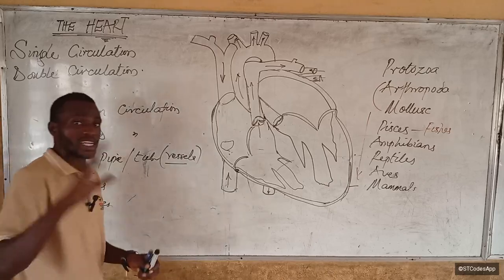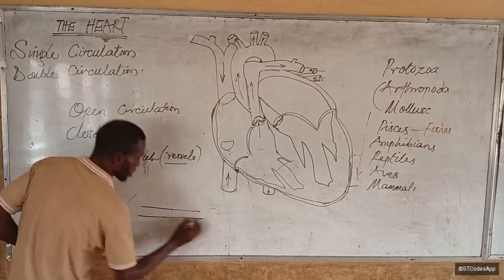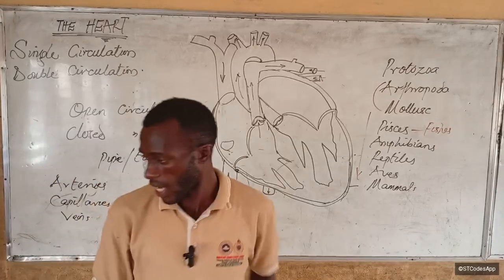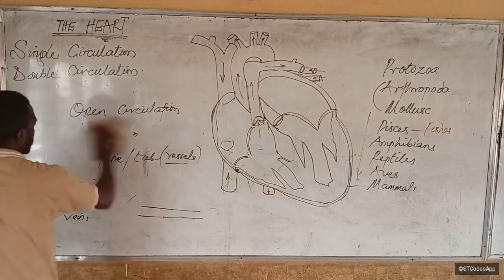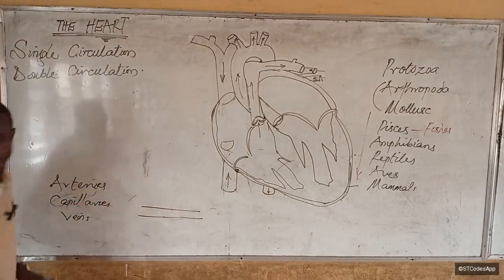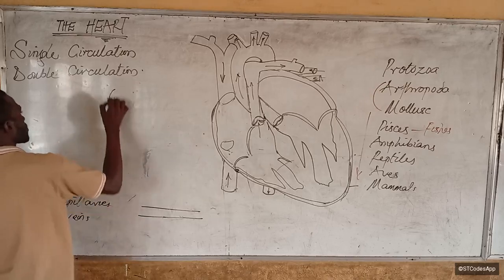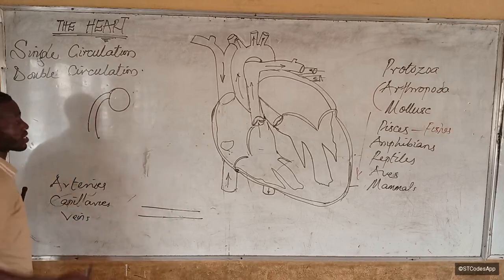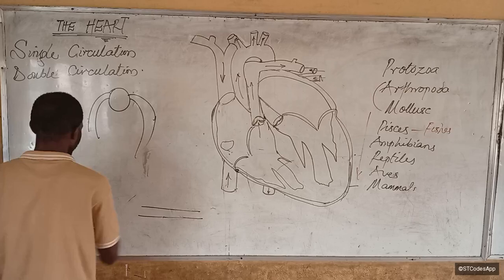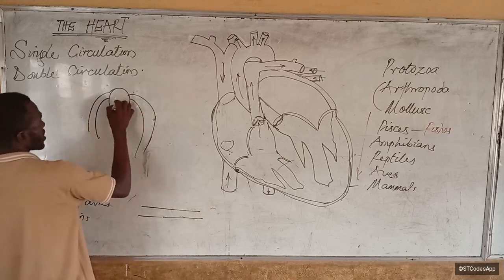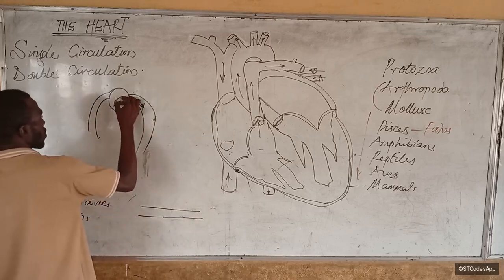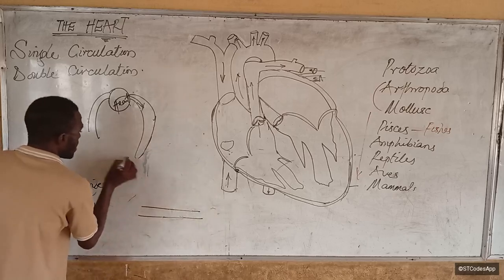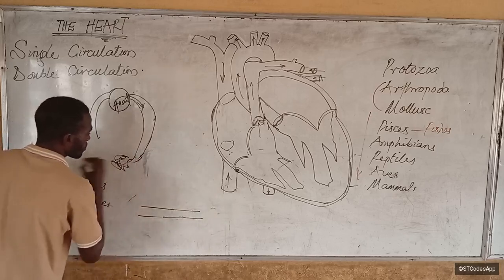All right? So it goes like this. There is one which takes blood away from the heart. Let me represent this well. So if this were my heart, there is going to be one of these three systems that takes blood away from the heart. One of these tubes takes blood away from the heart, delivers it to a particular organ here, and then from